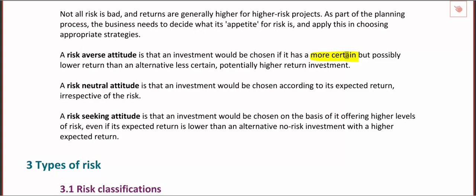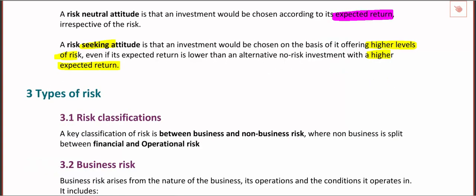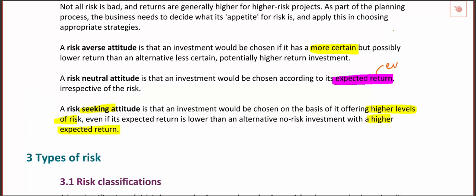Risk seeking, then, if we can jump down to risk seeking, they would absolutely take the slim chance of the massive profit, and they would take the higher level of risk because it means that you're going to have a really high potential return, even if it's not very likely. Risk neutral then would use an expected return method, so something like expected values, where we consider the different outcomes and the different probabilities associated with those outcomes, which you'll have seen elsewhere in your studies.